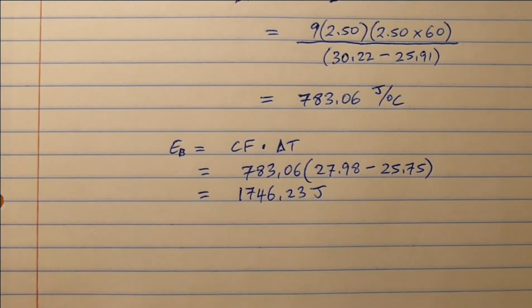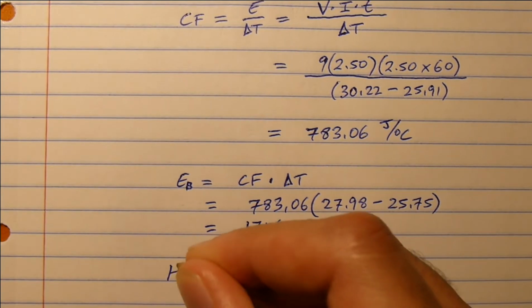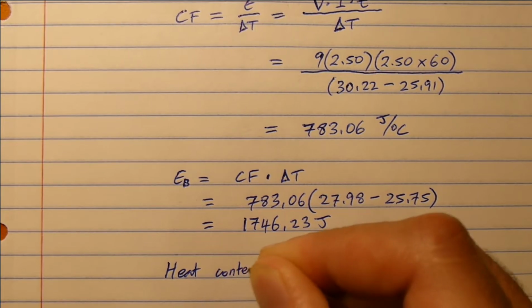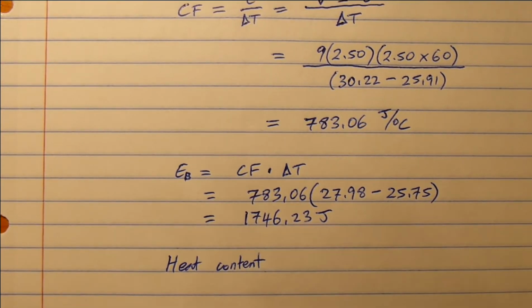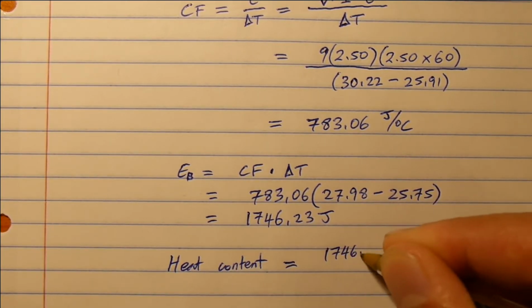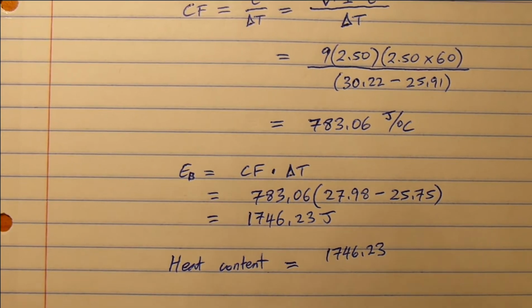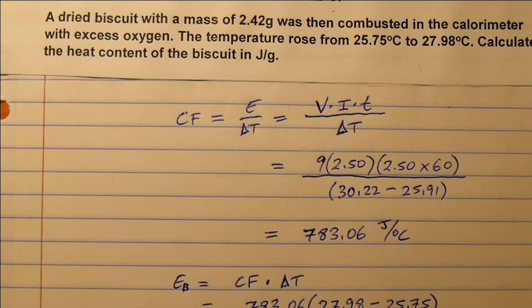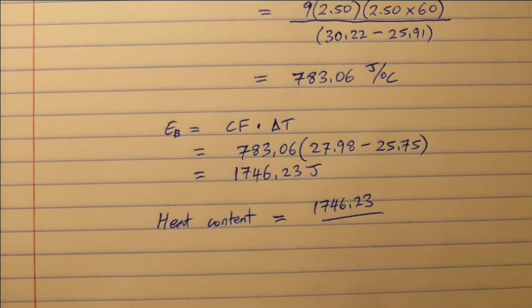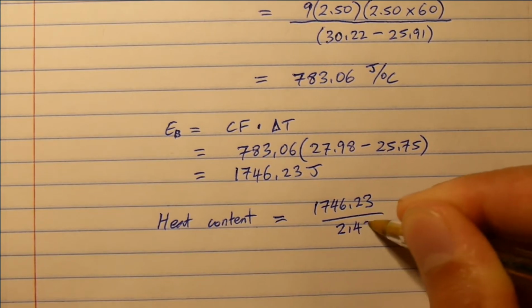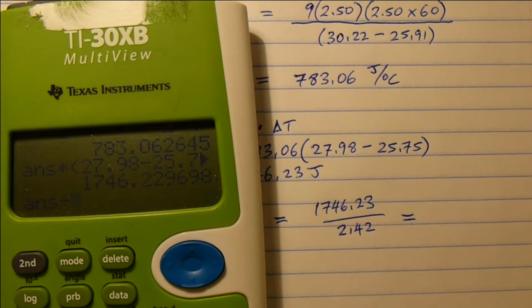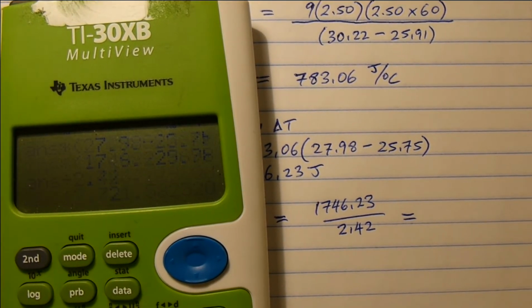And finally, to work out the heat content, the heat content is how much energy is released per gram of biscuit. So we've got the 1746.23 joules of energy, and that all came from a biscuit which had a mass of 2.42 grams. So divide it by 2.42, and I get